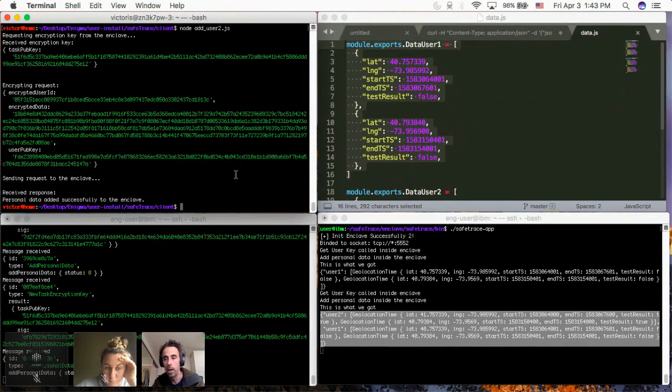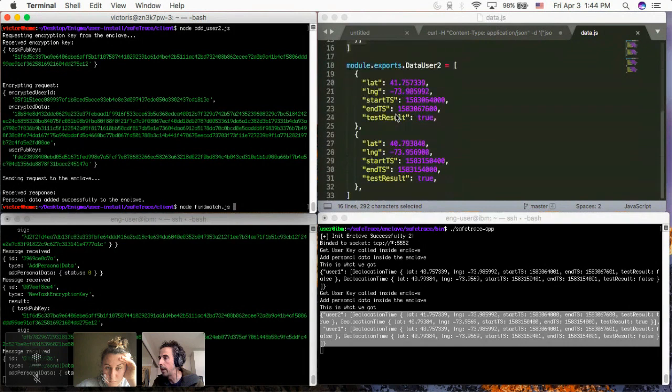So then I have one last function that I can call, which is find match. So user 1 is healthy. It tested false both times. And here I have user 2 that tested positive.